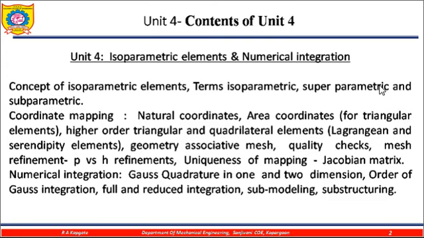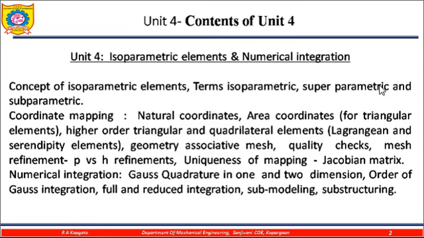Then the uniqueness of a mapping, that is the Jacobian matrix, we need to study, because during the assemblage we face some difficulties. Here in isoparametric elements we find the functions are partial differential functions, and ultimately we need to go for the assembling. At that time we cannot go for direct derivative assembling. Instead of that, we need to find one term called the Jacobian matrix.